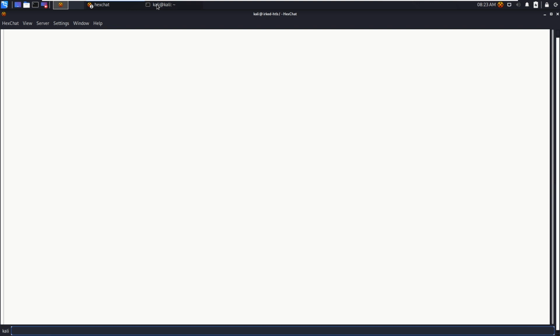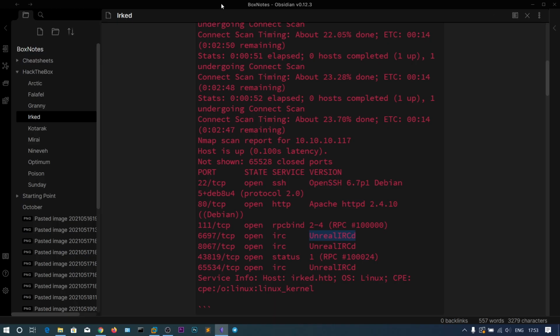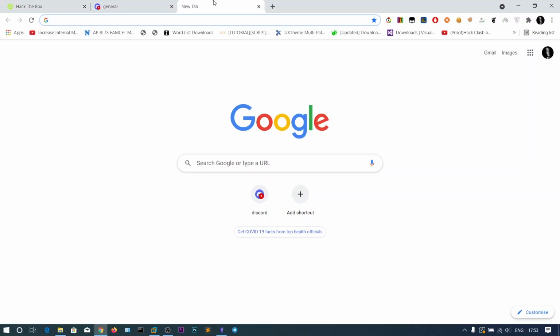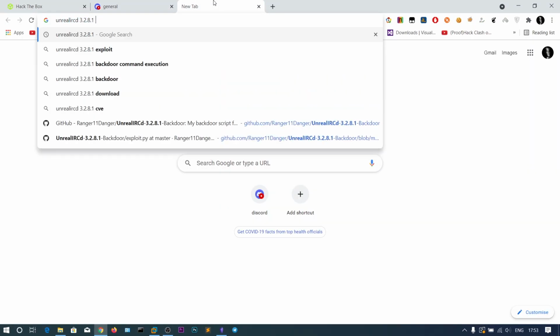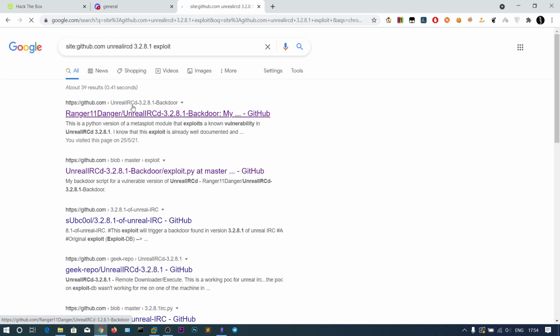So okay, instead of the Ruby file, let's go to the browser and search for Unreal exploit on github.com. For a Python script, you can use the Python script.